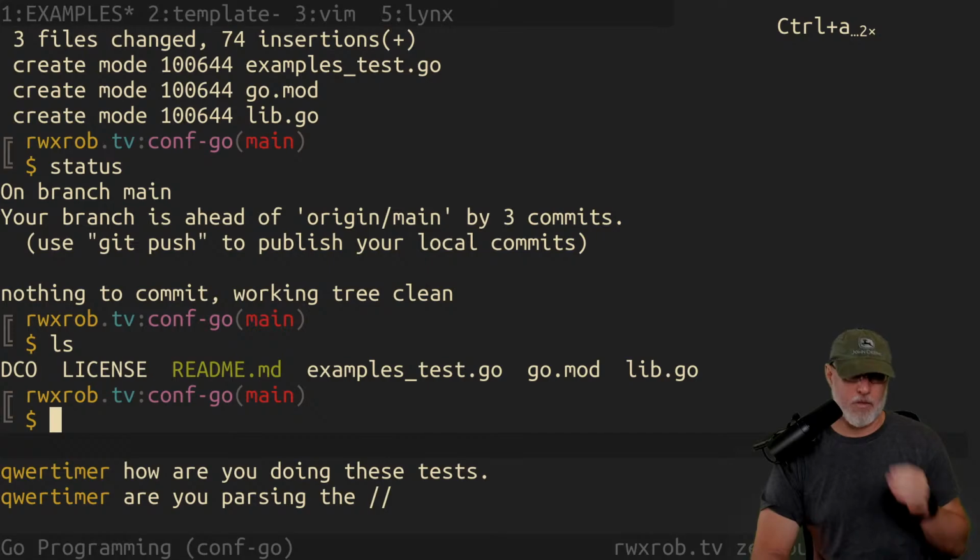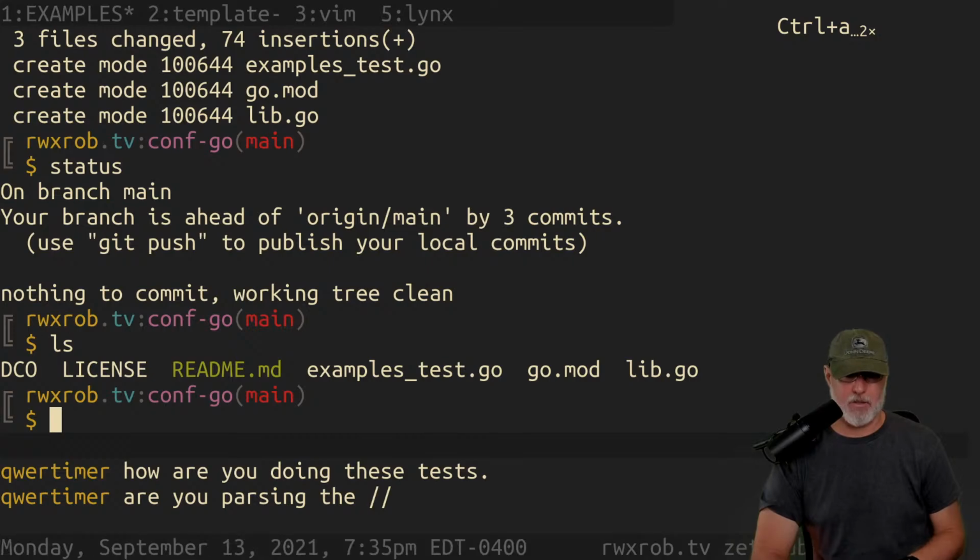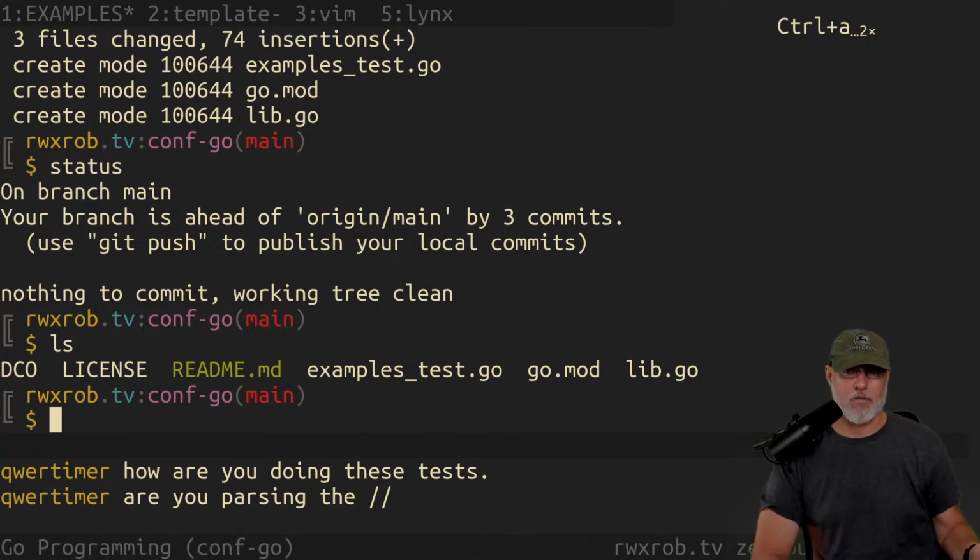Now, from what I understand with Windows, there is no such thing as a non-atomic read and write to a file. It's actually handled by the operating system. I don't know that for sure. I've heard that. But when it comes to Unix and Linux, you can concurrently read all you want on a file, and that's fine, right? But when you go to write to a file, it gets problematic. Because how can you guarantee that somebody else is not going to write to the file?